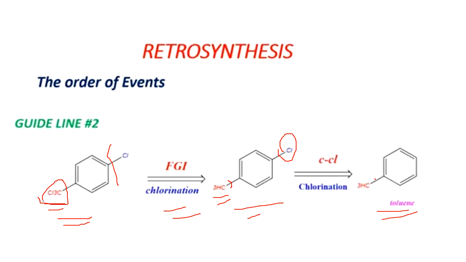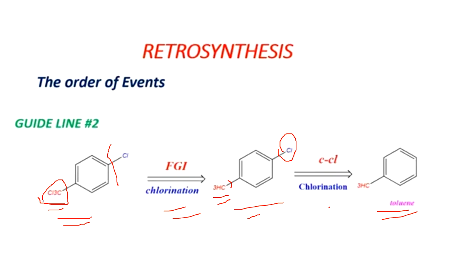So this methyl group, as we know, is an ortho para directing group. When we are doing a chlorination reaction on this benzene ring, this chlorine group could be substituted on the para position. So we know where to do fragmentation, so we get a stable fragmentation so that we can proceed with a synthesis on a given molecule, or we can get an easily available starting material. We have to do retrosynthesis in such a way that we are getting a stable fragmentation and an easier product, so that we can proceed with our synthesis in an easier and finer way.